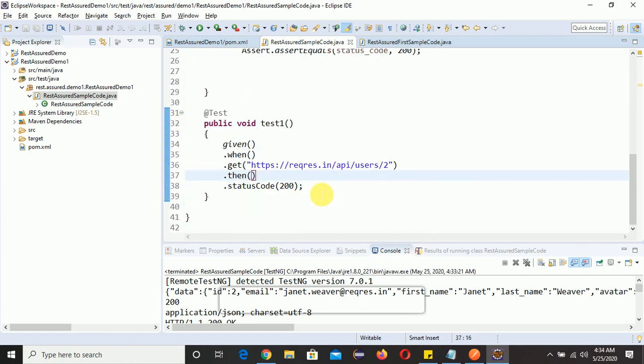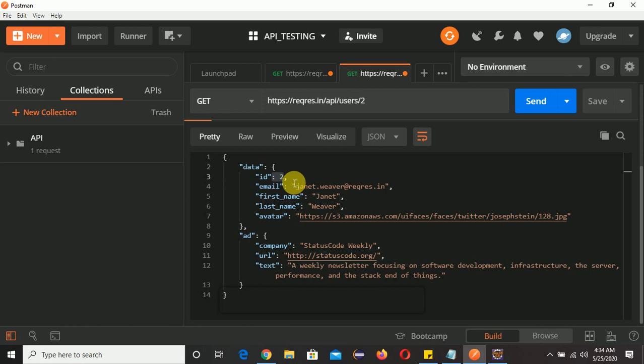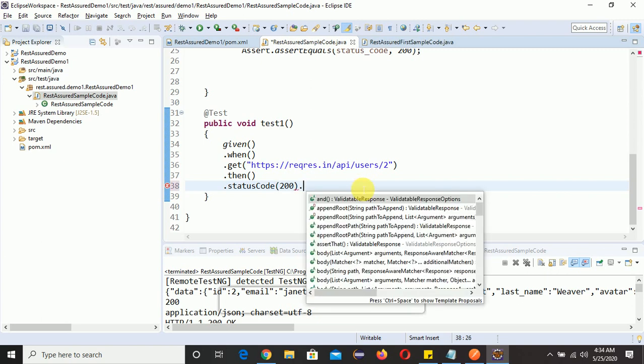Now suppose you want to test your body. Like this is our response body. You want to test this too, whether this ID equal to 2 is there or not. So what we'll do, we'll remove this one, dot body.